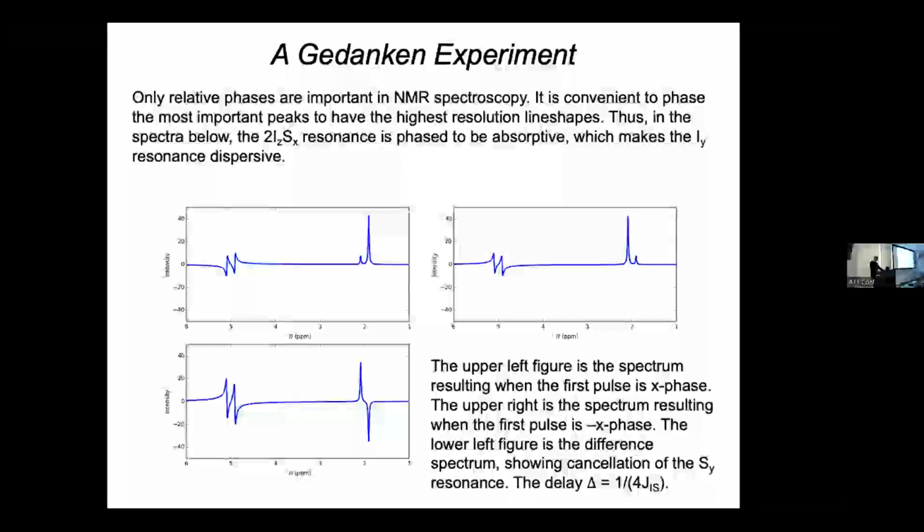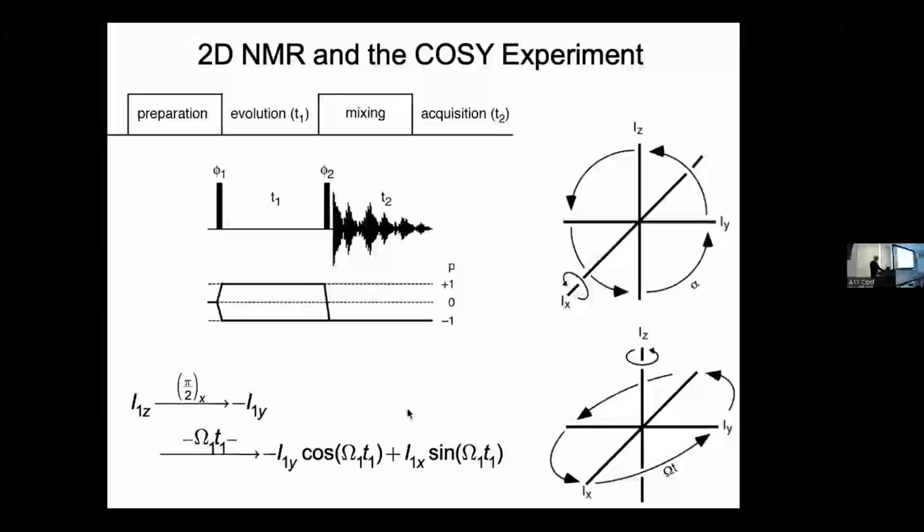So we did this experiment assuming that we had a fixed delay, and we started with a soft pulse on the I spin. But we'd like to make this non-selective. So we can start with a pulse that excites all the hydrogens and then somehow sort this all out. You can see we have a problem with things sitting on top of each other. And the solution then is the two-dimensional experiment where we start with a non-selective pulse, have a variable time, and